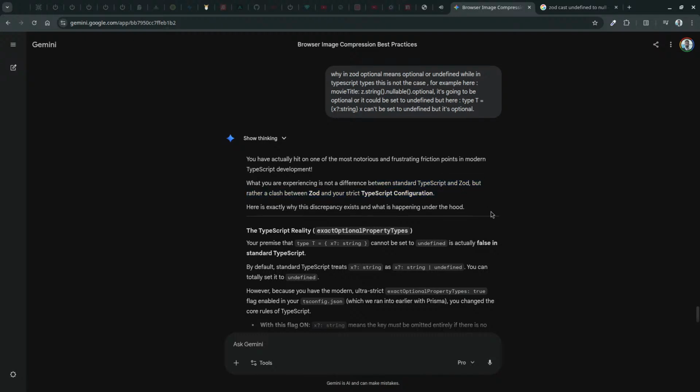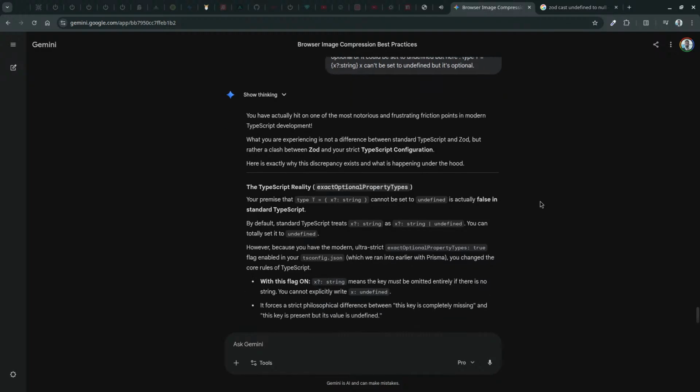He's probably going to tell me that this is because of something that JavaScript did 10 years ago, you know, some bad choice, as usual. Rather, a clash between Zod and your strict TypeScript configuration. Yeah. Here's exactly why this discrepancy exists and what is happening under the hood.